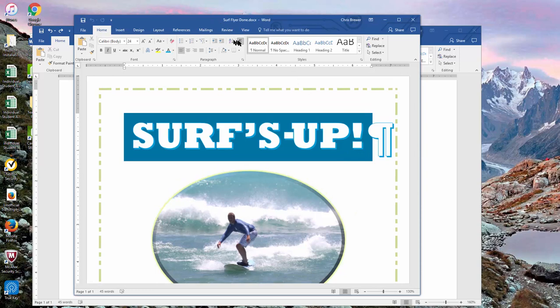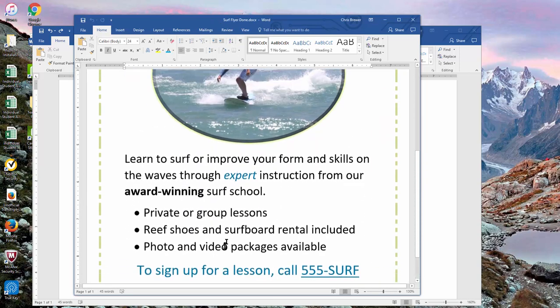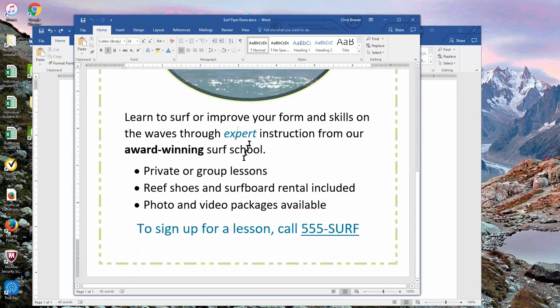Let me turn this off. It's going to look like this when it's done. It's just a flyer. It's got a picture of a surfer, and apparently we're offering surf lessons or something like that. So this is what we're going to try to create, and I'll guide you through the main